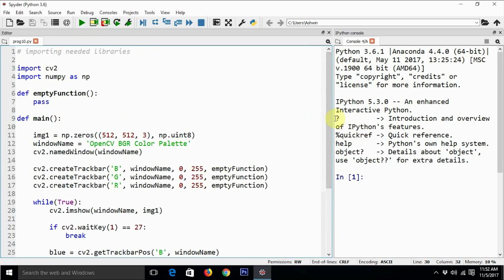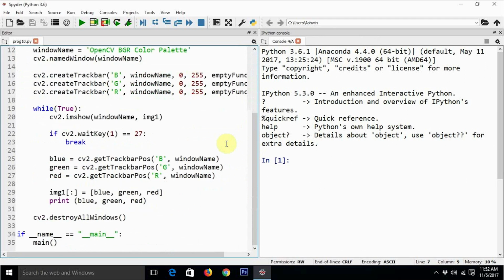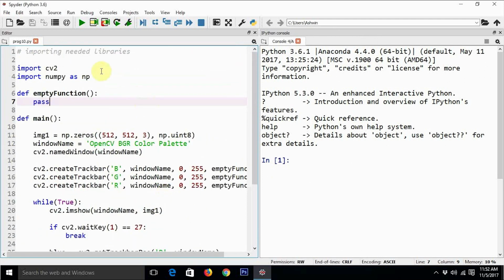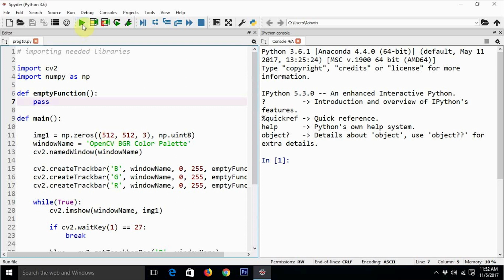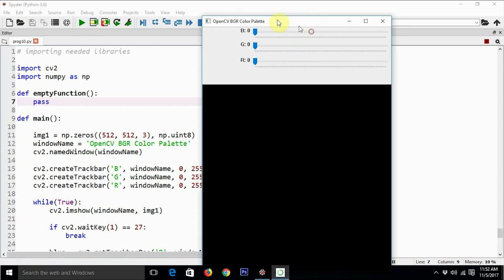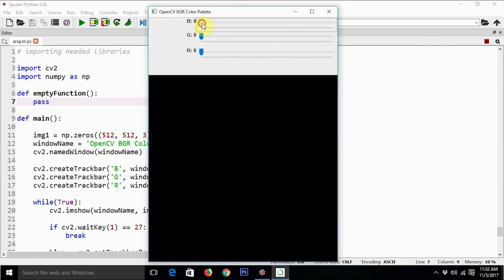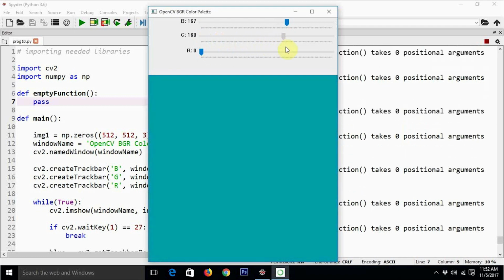Now let's have a look at the code to see any possible errors. If you can identify any error visually before executing it, it will be less painful while debugging. It doesn't seem to have any error as of now. Now these are the debug values on the console, and this is the window. Now let's change the colors and see if it changes.